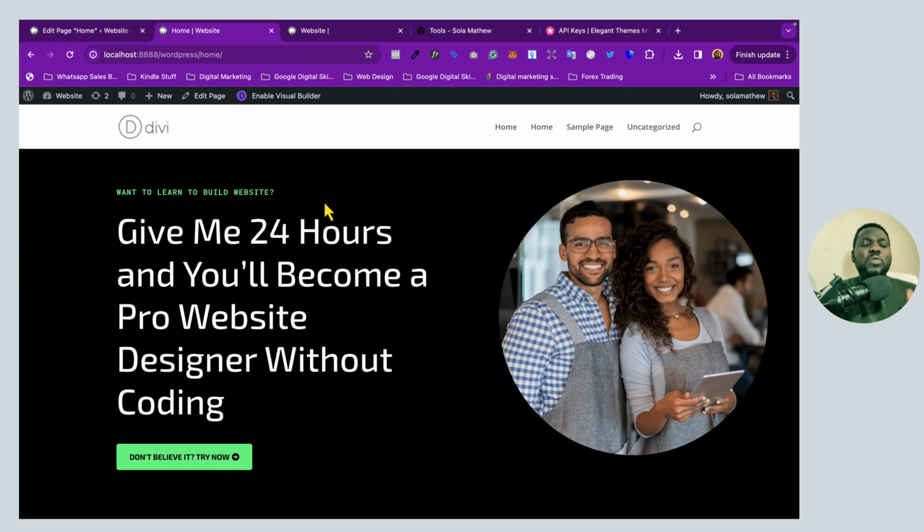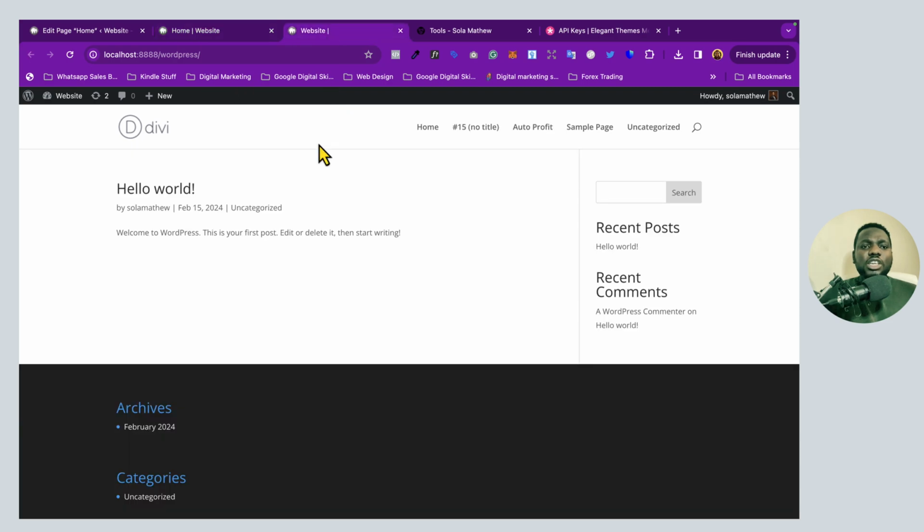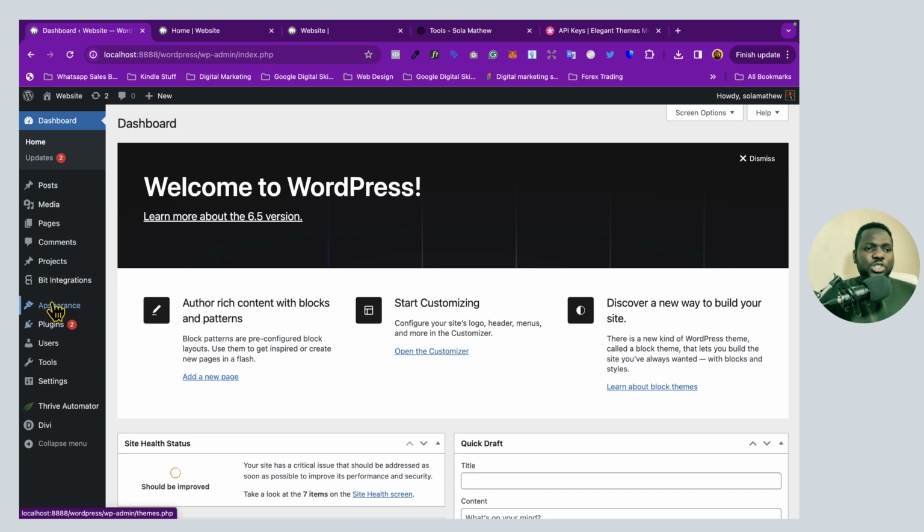Right, so there's something we need to do to finalize our website. Now if you look at this one, if you refresh, this is the home page. If you refresh it, you see that the home page is not loading the website. So what you need to do is go to your dashboard, and once you get to the dashboard, go to settings, and then go to reading,